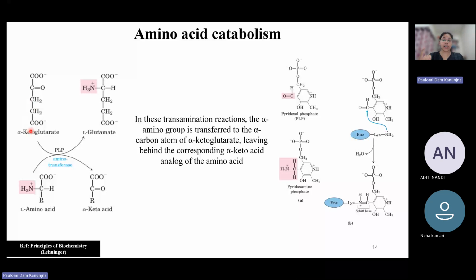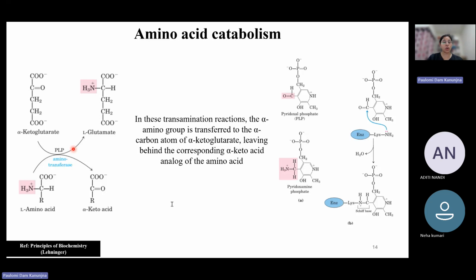But additionally, you need to remember this component here, PLP, which is called pyridoxal phosphate. This pyridoxal phosphate is important for this catalysis that was just mentioned. So when you have transaminase reactions,